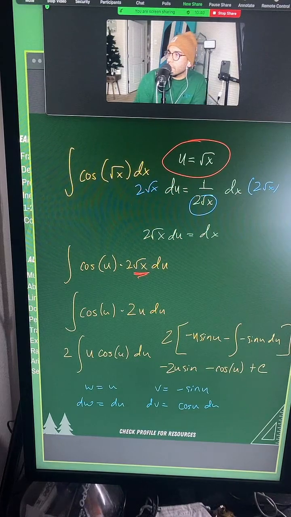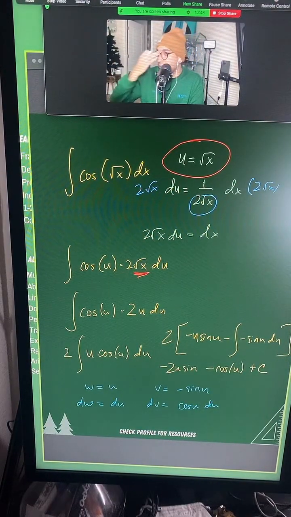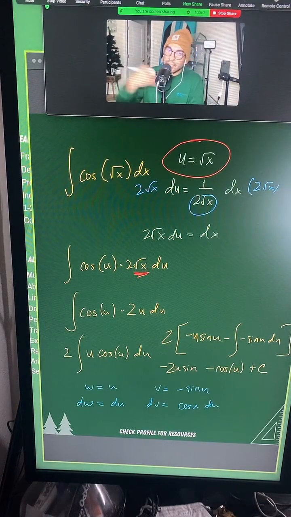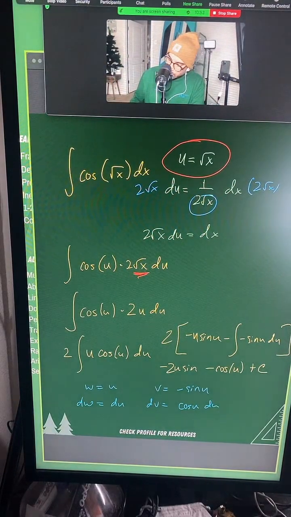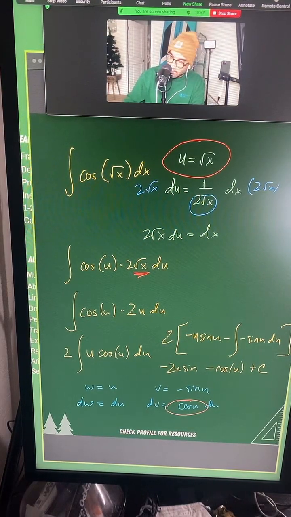Oh, I see what you mean. Yes. Or I'm sorry, Walter said it's not going to be cosine. It's not negative sine u. I got so distracted. Here I was trying to do a different method that I saw online. Didn't like it. So I'm just going to stick to my guns. I'm going to stick to what I know. Okay, so he was saying that when you integrate cosine u, it should just be a positive sine u. So let me just rewrite our problem real quick.